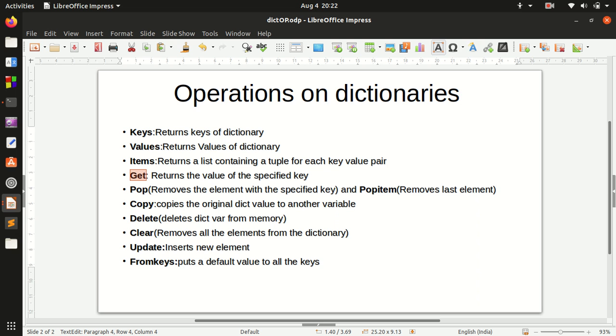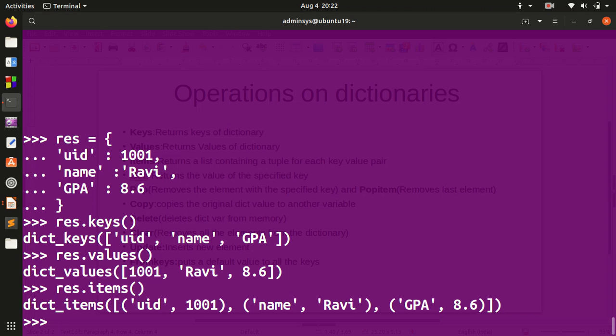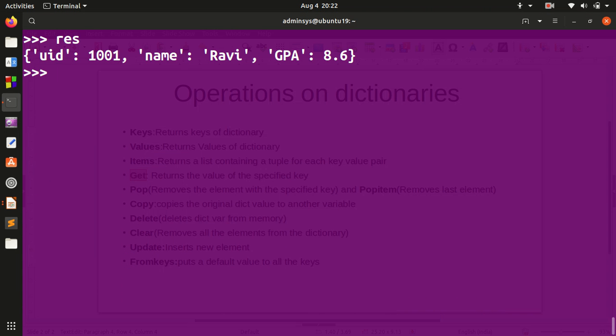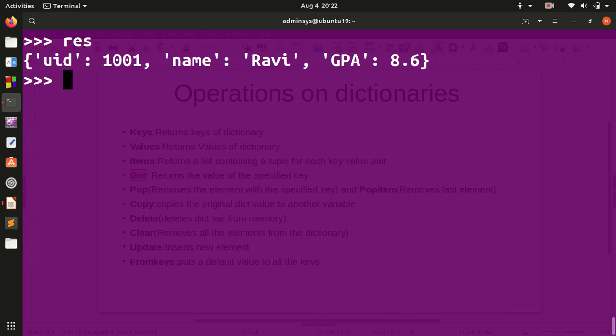The next method we have is get. It returns the value of the specified key. Here we have res equal to UID, name, GPA, right? If I want to retrieve the name of this dictionary, then I need to use the get method. If I write res.get, and inside get I pass the key that I want to retrieve, here I'm passing name, so it retrieves Ravi.